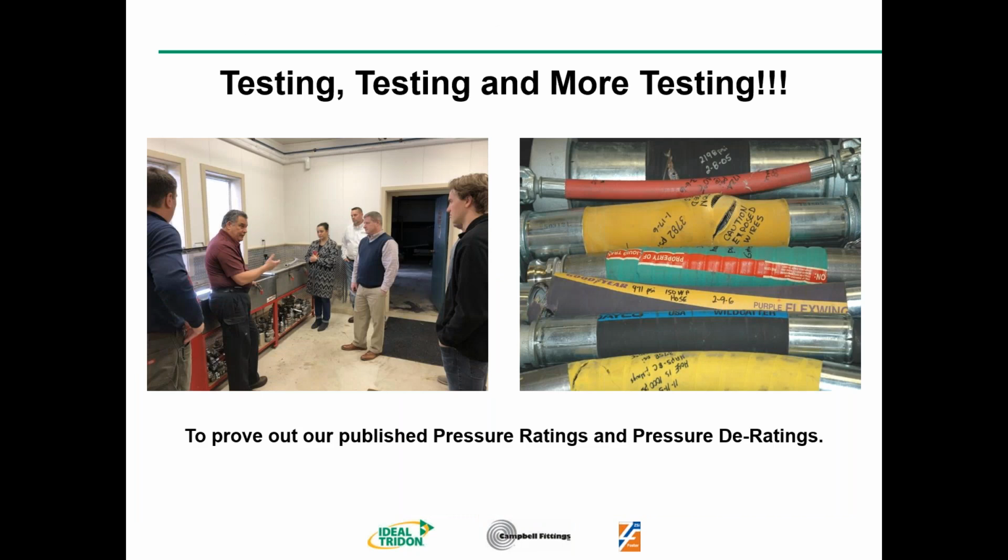Testing, and more testing. We prove out our published pressure ratings and pressure D ratings, and they're proven in the field, and they've been working for 20 plus years. We're very confident in them. Here you have a slide of our head engineer, Randy Kramer, conducting a hydrostatic burst test at one of our